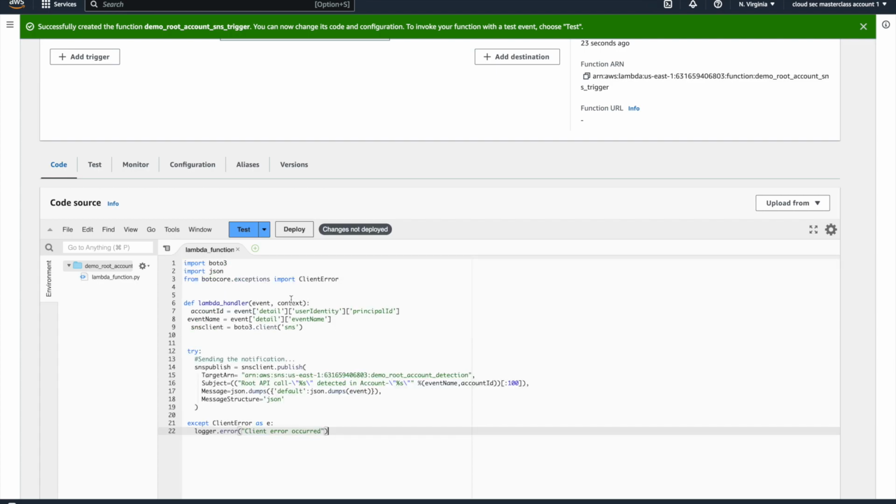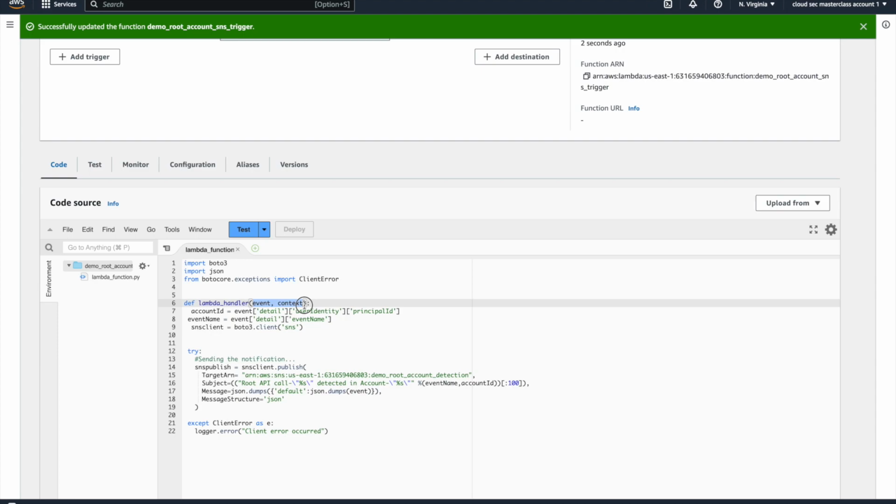So here's the code. It's pretty straightforward and simple. What it's essentially doing is that you're getting event and context as input parameters to this Lambda function. It's fetching the account ID from the event. It's getting the event name from the event,